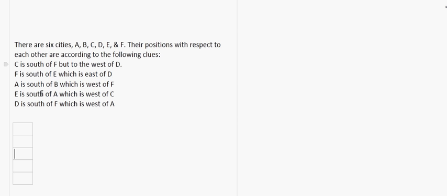So let's start with C and F. C is south of F, F is south of E, right? A is south of B. Now there is no relationship between A and B till now, but if we read the next statement, it says E is south of A. So A is above E and B is south of